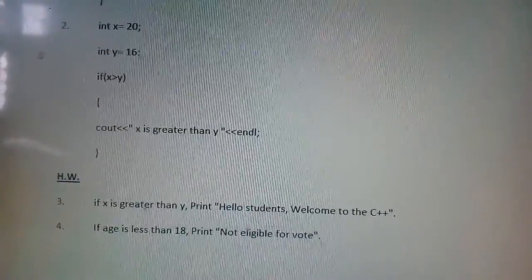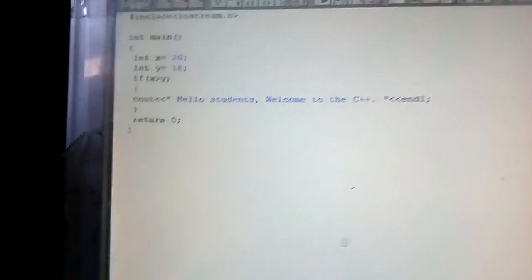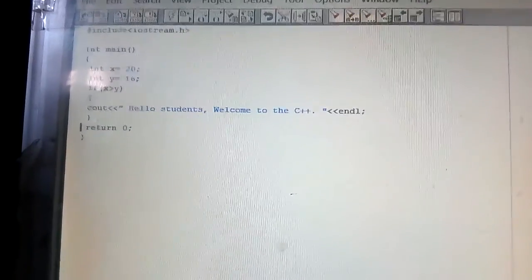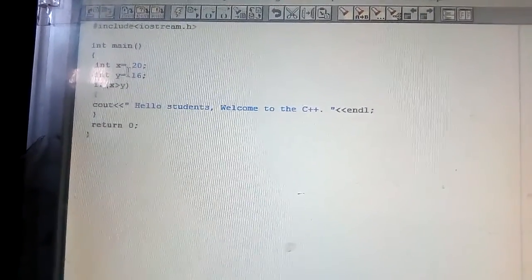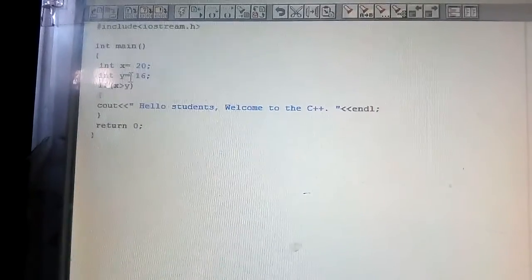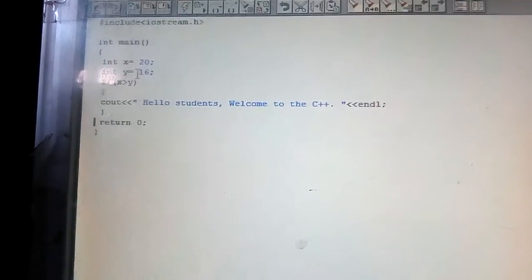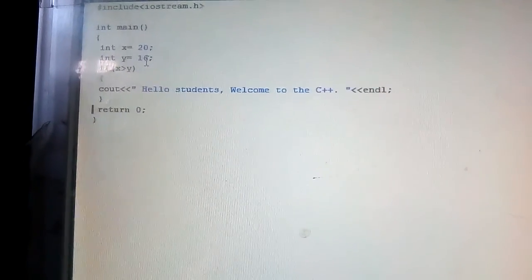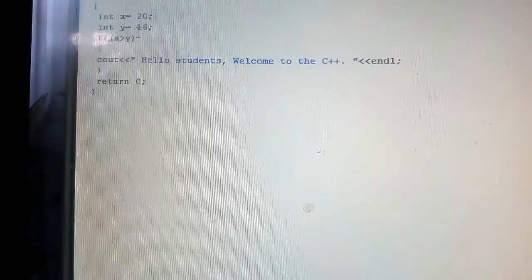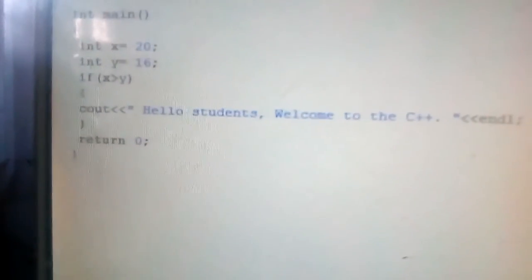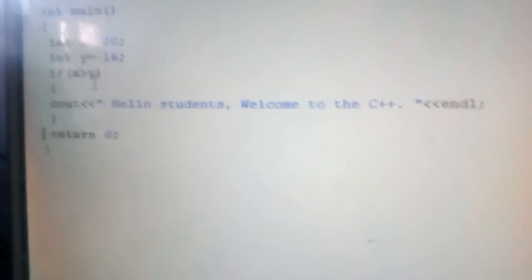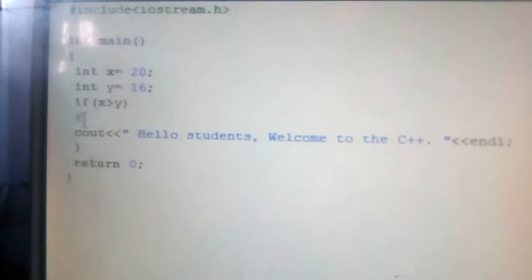You just see, if you have completed then it's very fine. You just check your program then. Here I have taken two variables, x and y, because the question was if x is greater than y. So I have given x is 20 and y is 16. Now I have given if x is greater than y, then curly